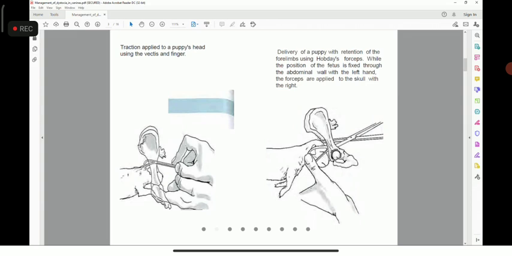If the vaginal canal is attached to this Hobday forceps, then definitely you will get some sort of adhesion, like when you put your finger and make it go round the clock around the head, you will get stuck somewhere. So it means that the vaginal canal is also attached with the forceps, and therefore we should not pull it. Okay, so you have to consider that a lot.